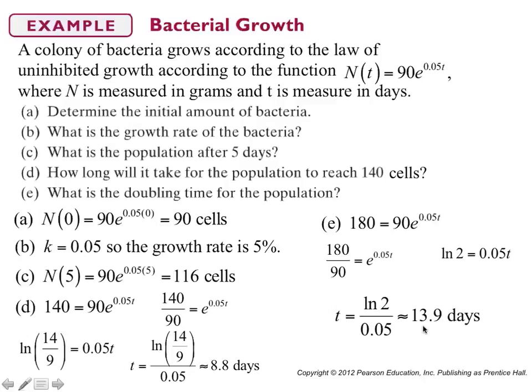Now you could always plug this in to make sure that this works, and I would highly recommend that on quizzes and exams that you do this. So for example, you would pretend that you have 13.9 days and you'd plug that into your equation on the right-hand side and make sure that you end up with 180 over here. So if you do 90 times e to the 0.05 times 13.9 power, you should get something around 180, which will tell you that you